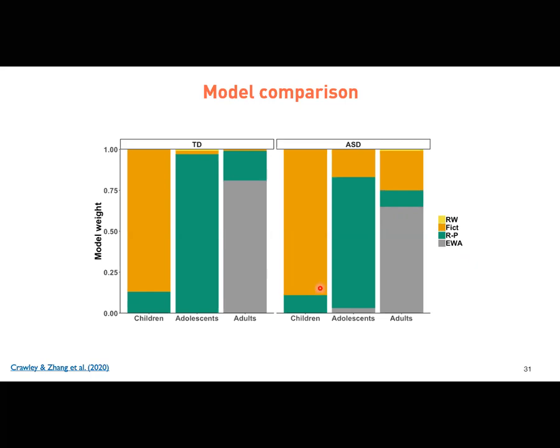So to solve this problem, we will have to look at the parameters. So if here, let's say, for example, the adolescents, if the RP, if the reward punishment model is the winning one for adolescents, either for TD or for ASD, we can actually look at the parameters to see if there is a parameter difference between TD and ASD, okay? And then this is what we did